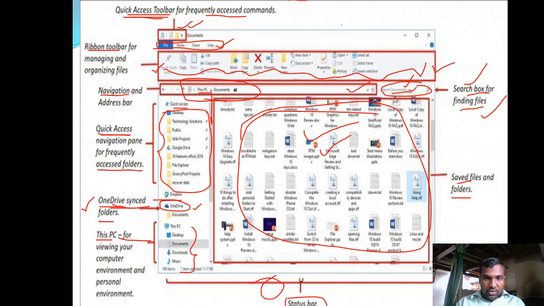You can also view the files and folders available in a particular drive directly here. So in this way, by clicking the drop down buttons available in the address bar, you can go to any location to find any file and folder.